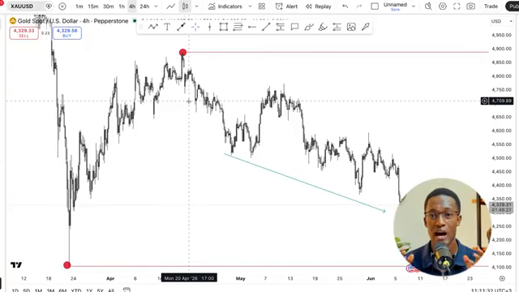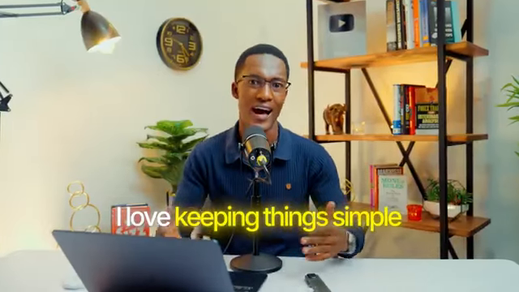Now, what does this mean? Well, at this point, I want to look at the price action within this structure. Now, there's one thing that I want you to understand. I love keeping things simple, and I think trading is about simplicity, and that's what I exactly teach right inside